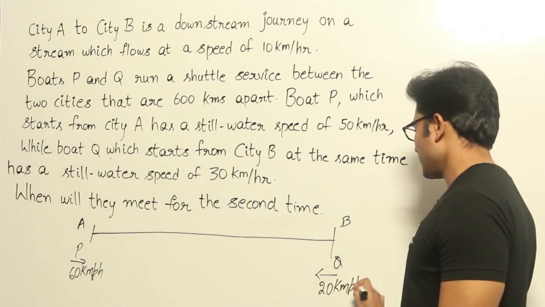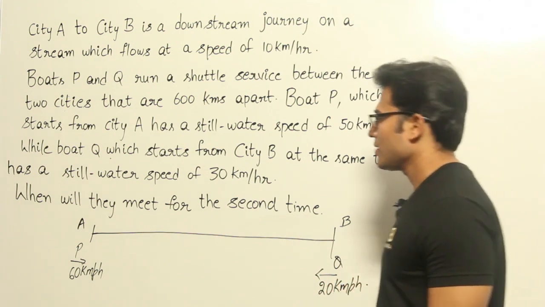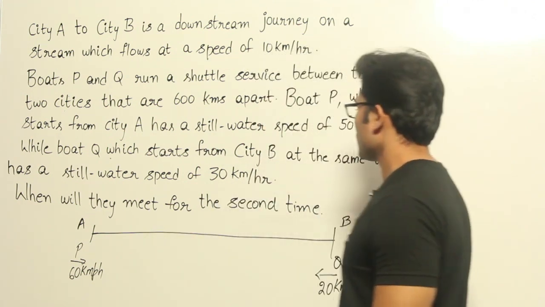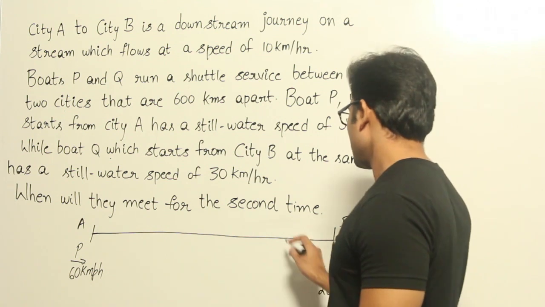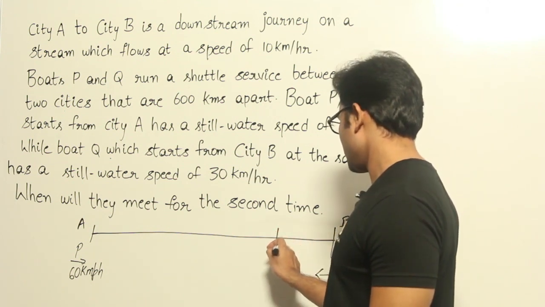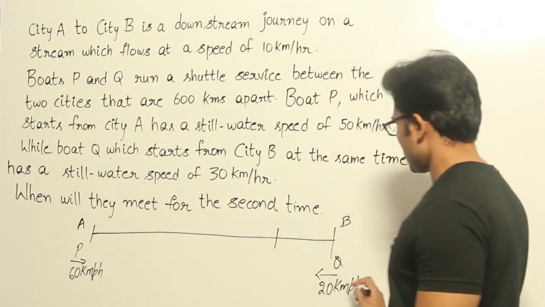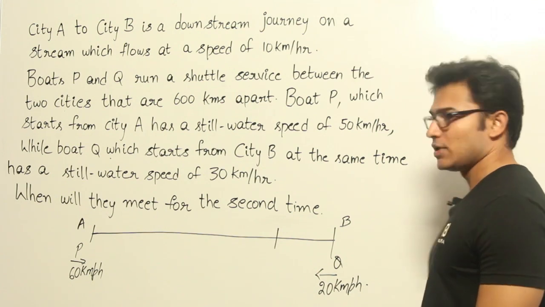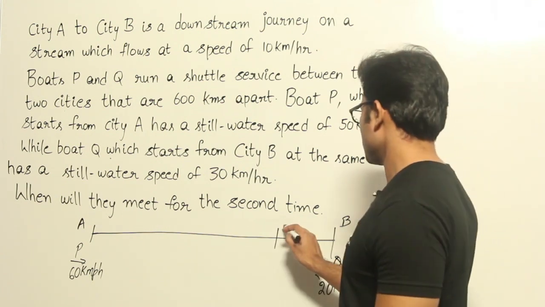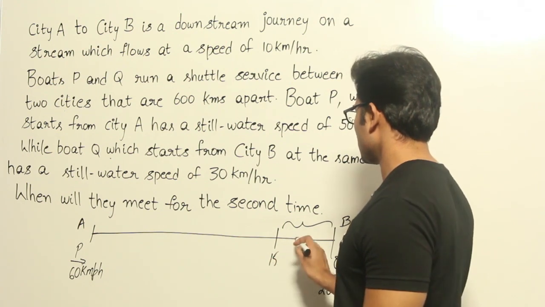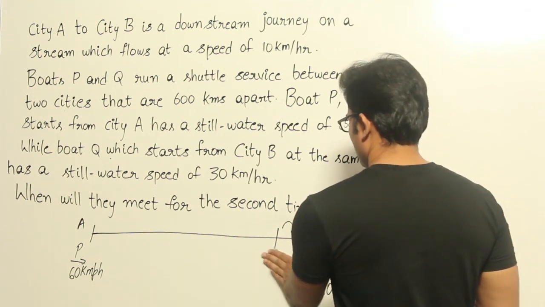This is what has happened, right? And the total distance of separation is 600 kilometers. In 7.5 hours, P and Q have met somewhere here, right? In 7.5 hours, if you see this, Q would have covered 150 kilometers, right? So this entire distance is, let's say, 150 kilometers,